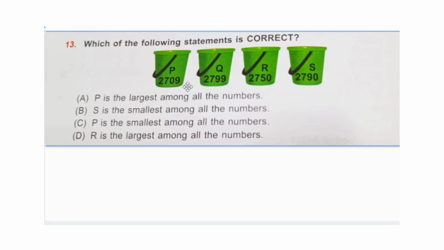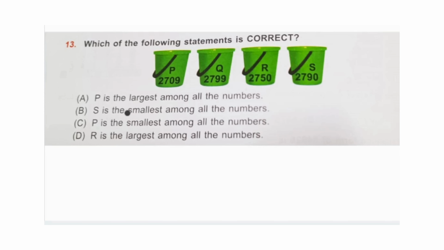So what we need to do first is write these options P, Q, R, S either in ascending order or descending order. Let's write these in ascending order for now. Let's look for the smallest number. The smallest number here, if you can see, is